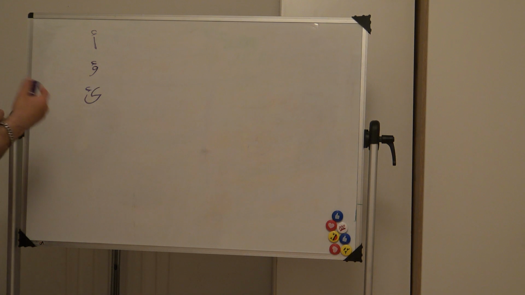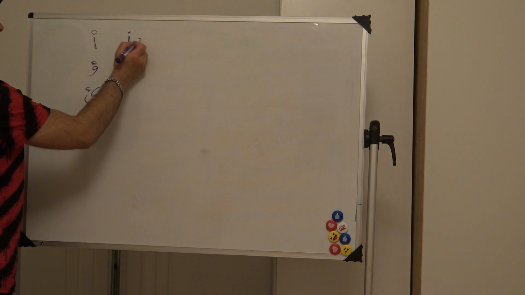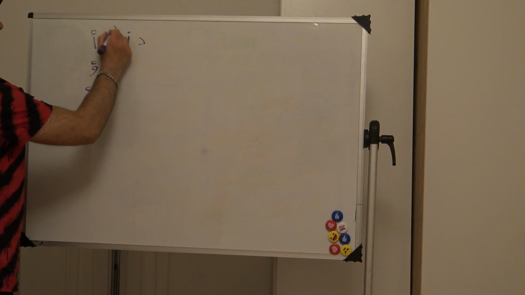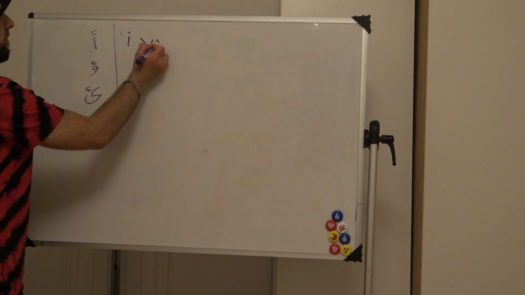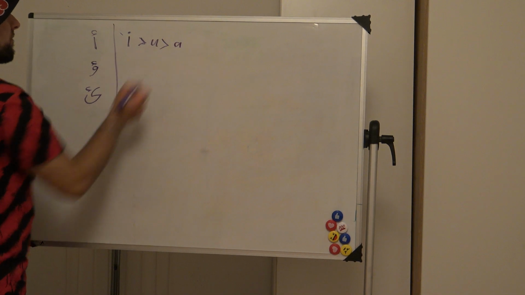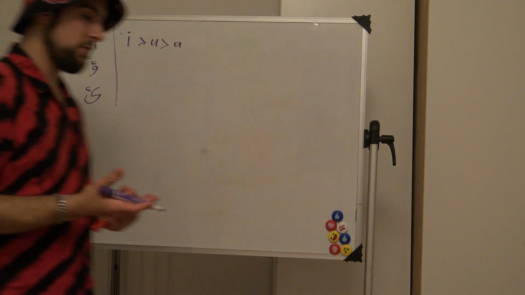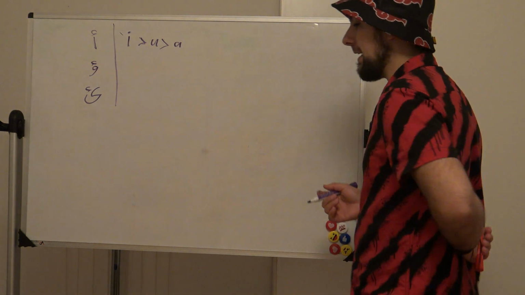But what if the Hamza is surrounded by different vowels? Then the general rule is E is the strongest, U is weaker than E, and the weakest is A. We must look at some examples. For example, we can take